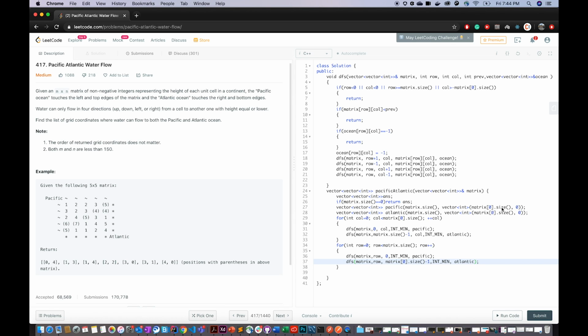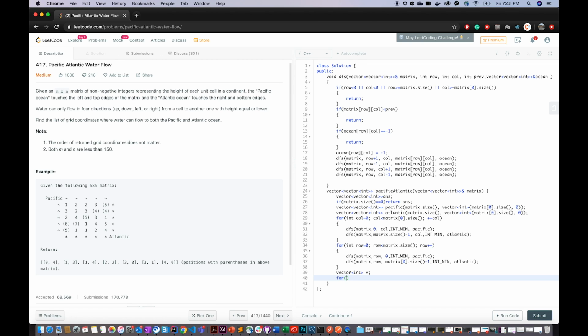Okay, so now the final step comes in where I just have to create my answer. So let's take a vector int v. This is going to be storing the coordinates, and then I'll push those coordinates into the answer vector.